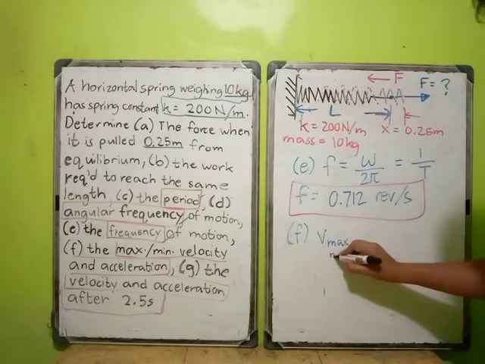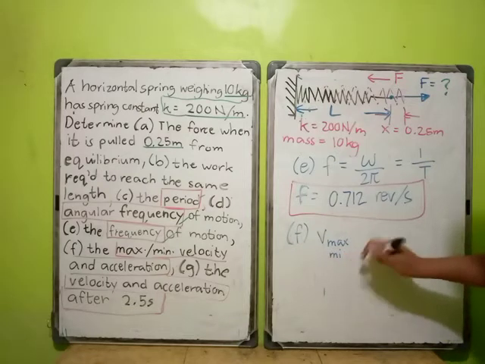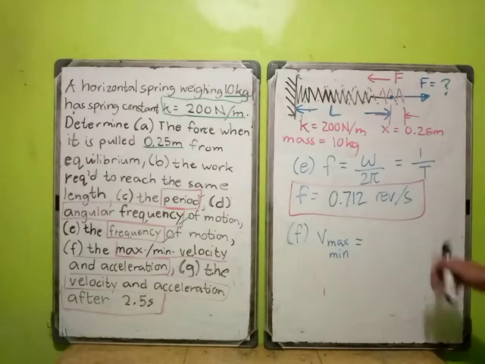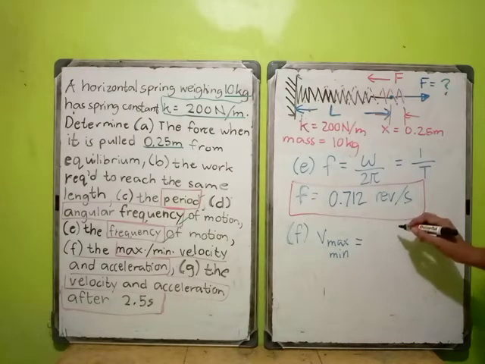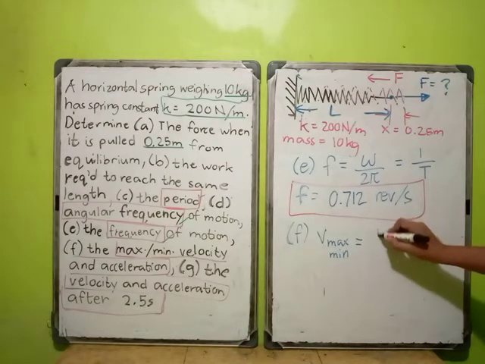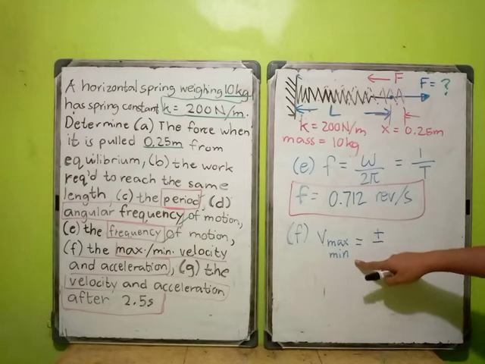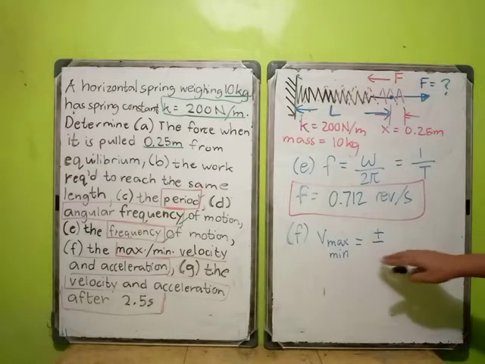Okay, so depending on how do you, in your perspective, pag sinabi nating maximum, we are talking about in terms of positive and negative. So here, ang positive natin is the maximum and the negative here is minimum. So ibig sabihin yung maximum at saka minimum value ng velocity is, their difference is the sign. So we say that the maximum is the positive and the minimum is the negative. So here,